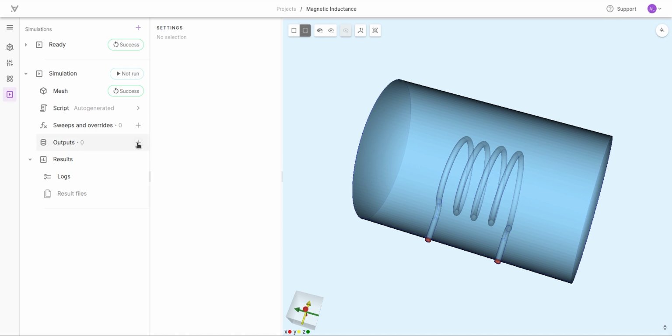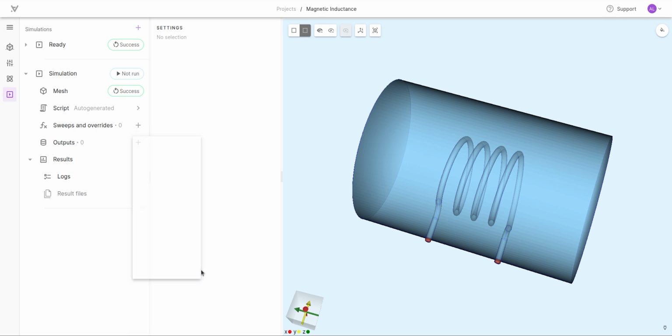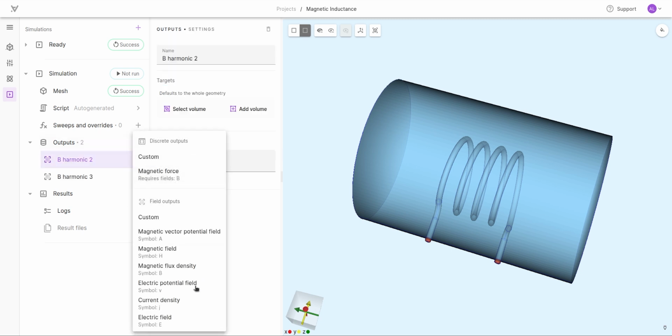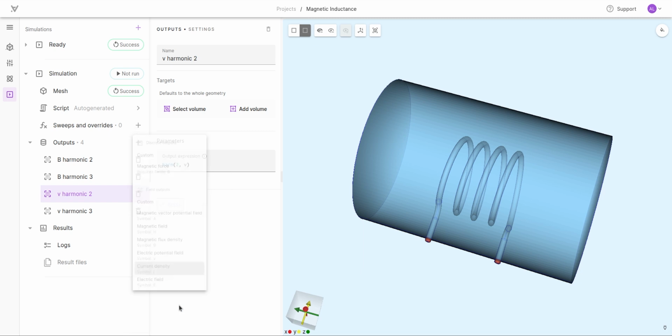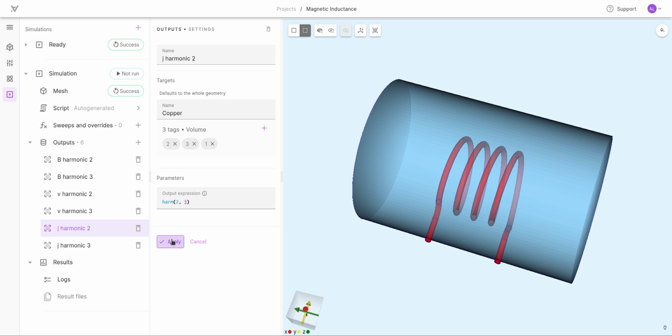To see these fields, we add some outputs in the simulation. First, the magnetic flux density, then the electric potential field, and current density. And since we don't want the current density or electric potential field in the air, since there is no potential or current there, we select the copper as target for these